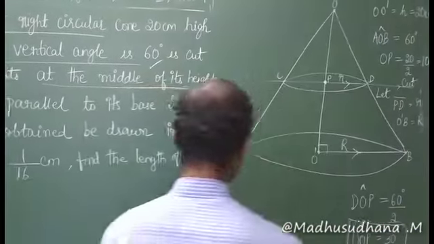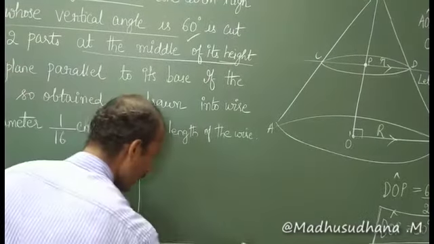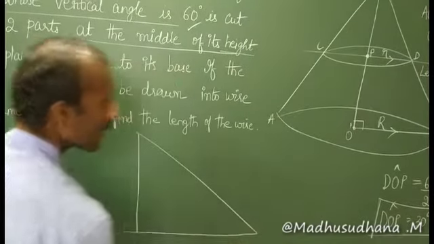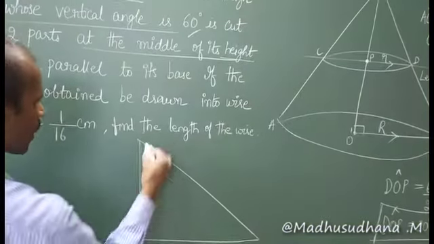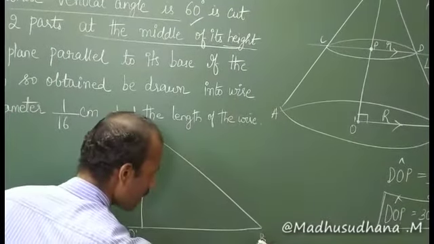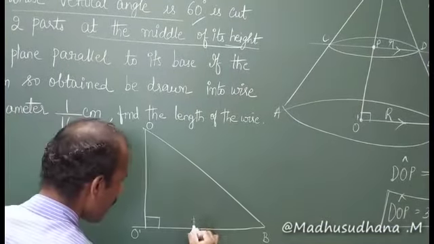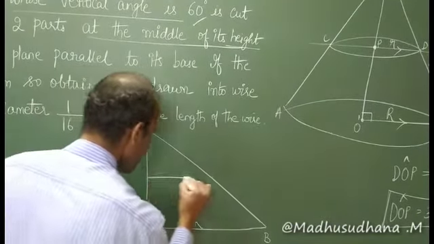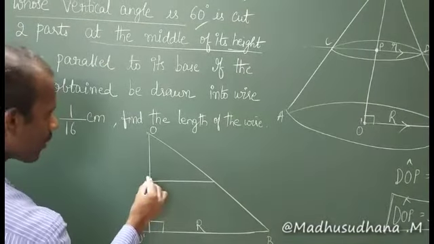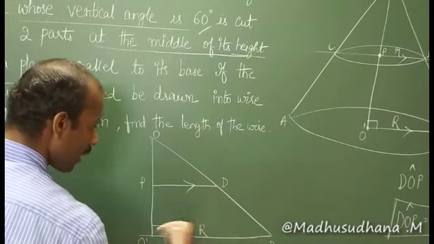So now if I can just draw the right angled triangle, like this. This is O dash, this is O here, this is O dash, and this is B, right angle here. Then this is my R here, and it's exactly at the center. Sorry, this is P here, and this is D here. This is parallel to this part.